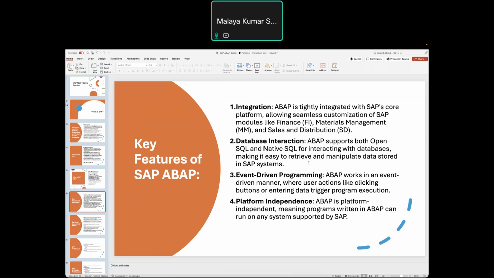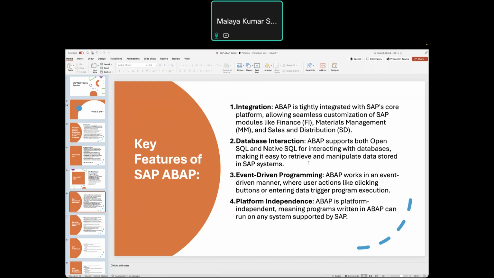Okay, so the next key feature is event-driven programming. In ABAP programming, we have different kinds of events. Whenever you write code in any language, it is always in a sequential manner. First we get data from one sequence, then from the next sequence, then we process, and then there will be the final result. But in SAP, we have events.